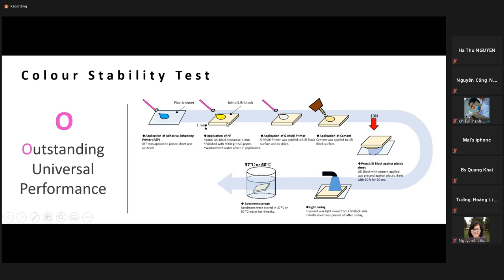Then a lisi block was taken. So lisi is a ceramic block, right? And ceramic blocks need to be pre-treated. Like even if we have a veneer or a crown made of ceramic, we first pre-treat it with application of